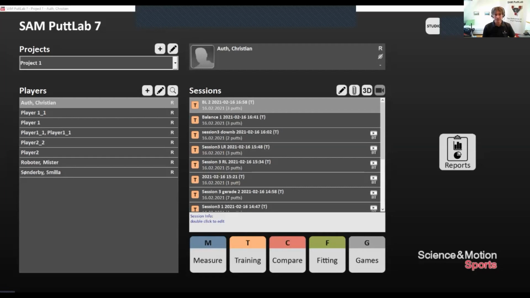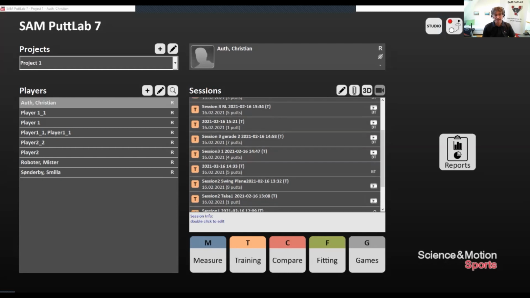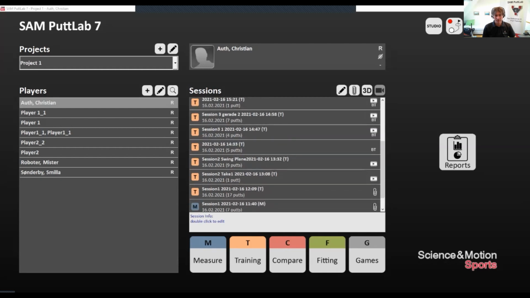Okay, let me just go a little bit more into depth if we talk about 3D, what 3D can do. This is kind of a core part now of our analysis, that we're able to display data one-to-one, side-by-side, in SAM PuttLab and in 3D. So if I want to start up 3D for a specific data set, I might activate it in the dialog, or I might directly pop up a specific data set, which is, for example, this one here, which we have just seen. And then inside of the data set,